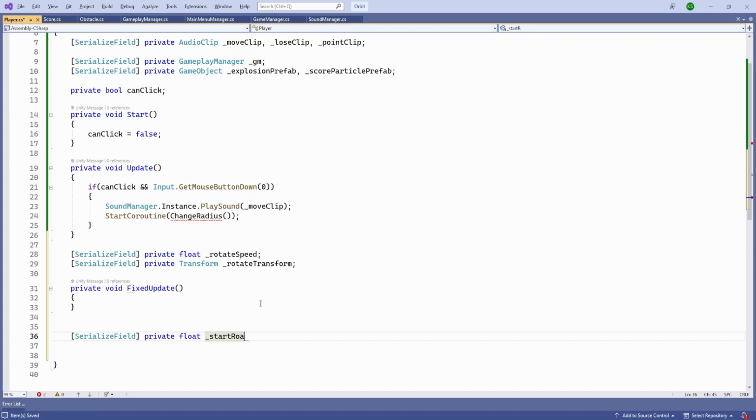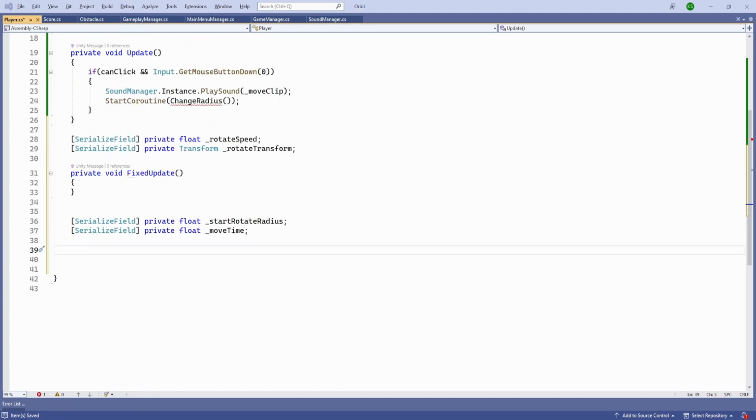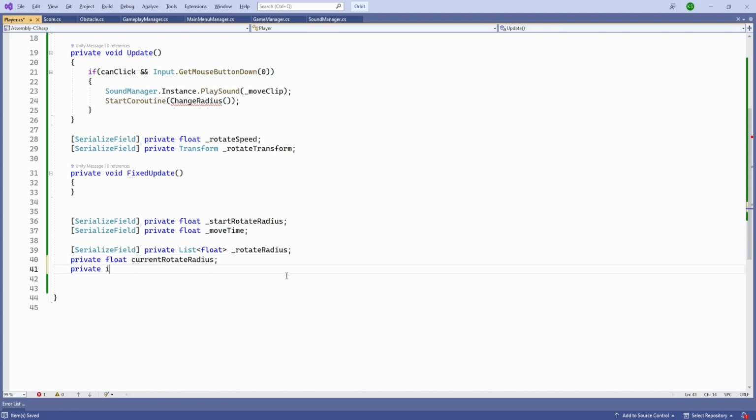So let's first add our start rotate radius, and our speed is going to be relative to the start rotate radius, and serialize field private float and our move time. So when we click, how much time does it take to move? And serialize field private list of float, and this is going to be for our rotate radius. So what radiuses are allowed, and finally our private float for our current rotate radius. So whenever we are rotating, our rotate radius will be any of the values from that,